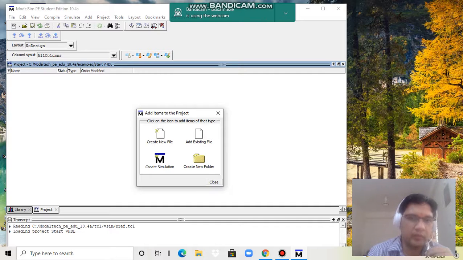Create new file if you want to create a new file or write a new program, or you can add an existing file if some file already exists that you want to add to the particular project. Then create simulation, create new folder. So four options are available when we are making a new project.